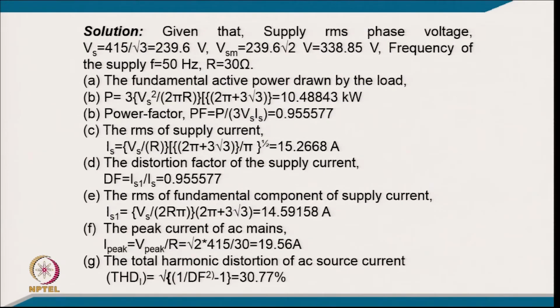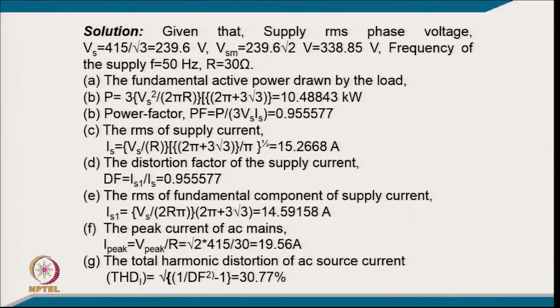Coming to the numerical part of this, given that the supply RMS voltage is 415 by root 3, that is 239.6 volt, and the peak of this will be root 2 of that, 338.85, with frequency of 50 hertz, and resistance given as 30 ohm. You can find the fundamental active power drawn by this relation, that comes to 10.48843 kilowatt, and the power factor, active power divided by 3 Vs Is, comes to 0.955. The supply RMS current you can find from this relation for a resistive load,